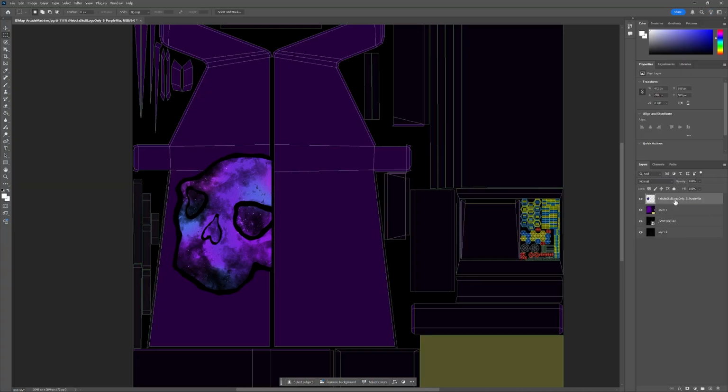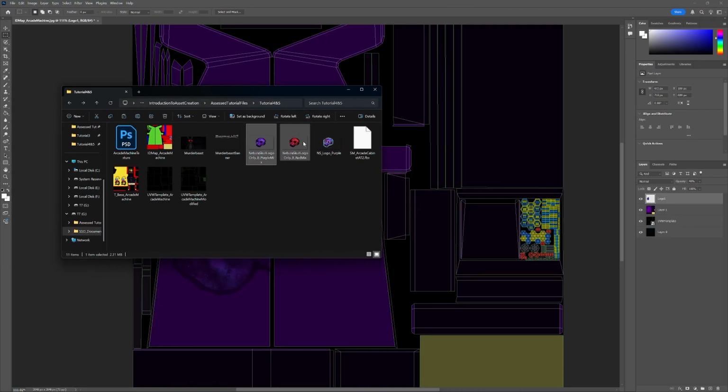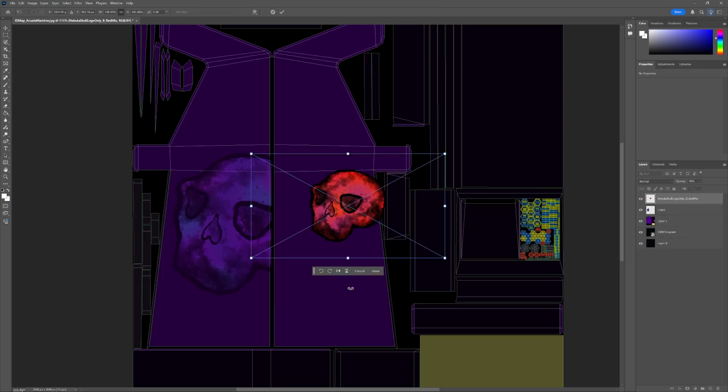I'm just going to delete that layer. I'm going to call this logo 1 because that's my nebula skull logo. And I'm going to lower the opacity on this because I feel like it just looks that little bit better when it's faded in with this logo in particular. So I'm going to set 40% on that. So next I'm going to pull in the logo for the other side,